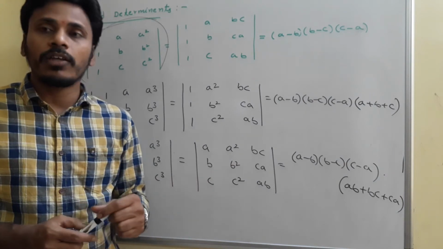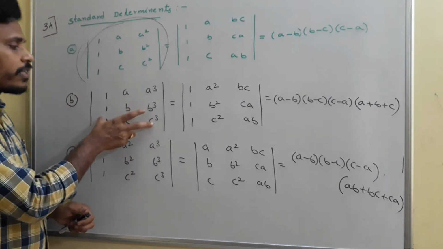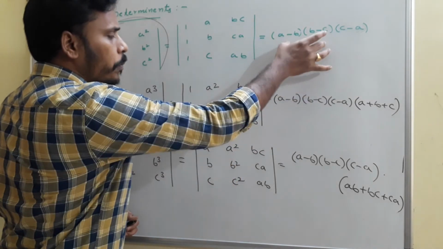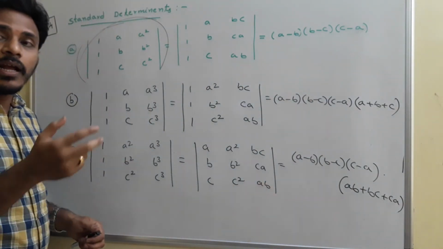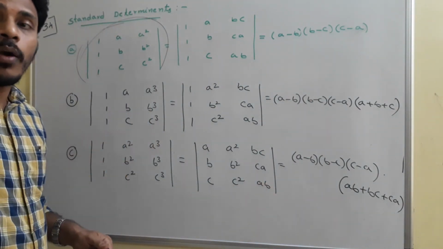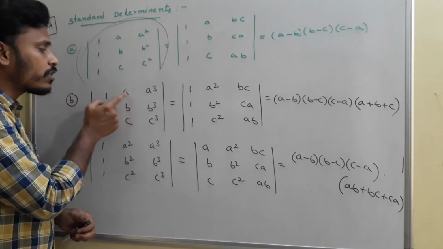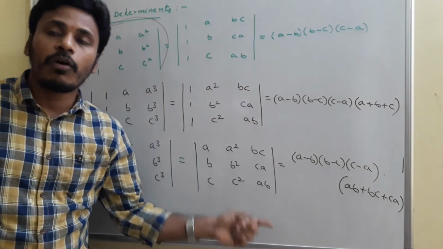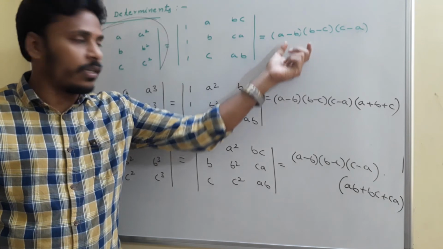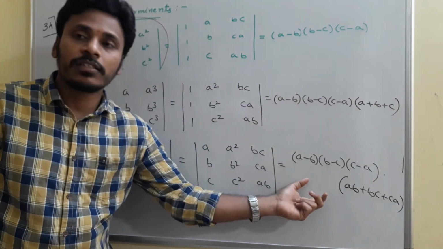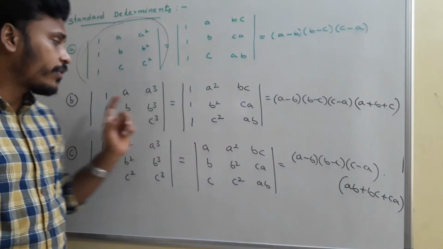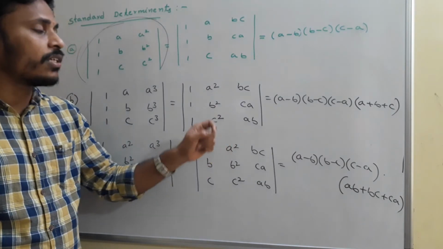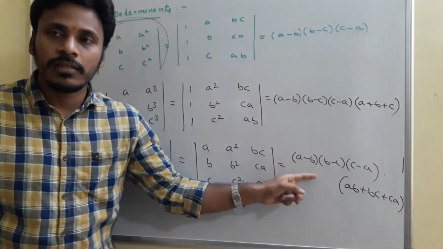Here I actually mentioned the answers, so no problem, you will solve it and get the answers. But if you come to objective examinations, they ask you to find this determinant and the options are 1, 2, 3. This is option A, this is option B, this is option C. Then sometimes you may get some confusion. To avoid that confusion, just go through the sum of the powers. Here the sum of the powers is 4, so you need to choose the option where the sum of the powers is 4. Here the sum of the powers is 3, here it is 4, here it is 5. So for sure its determinant value is this. In such a way you need to identify, and that's why I am particularly mentioning the way of memorizing the answers for these determinants.